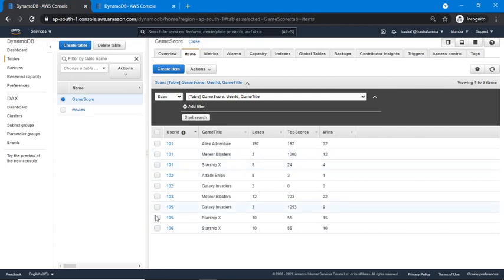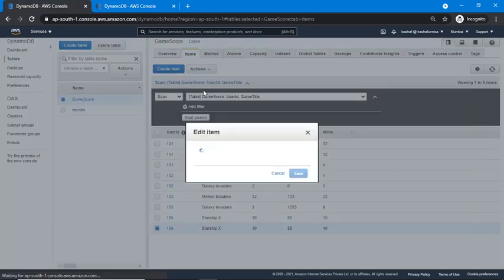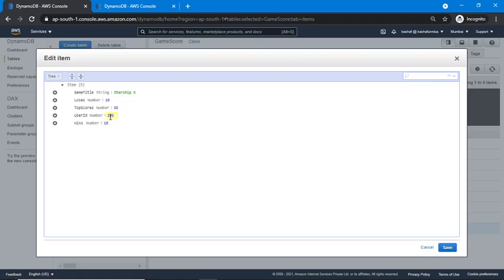So if I update any item, suppose here wins is 10, I'm going to make it 100 and losses is 10, I will make it 150.